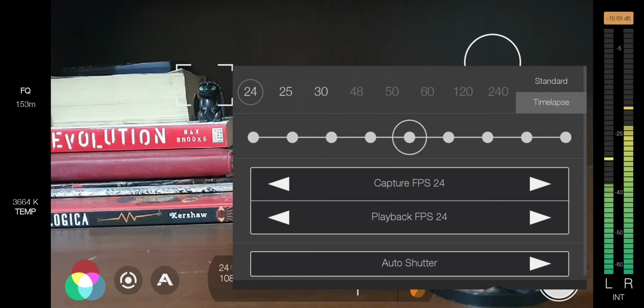Frame rate. Depending on your device it can go up to 240 frames per second, but my device only supports 30 frames per second, so I'm stuck there. You can manually change this here, as you can see. You can also change the playback FPS.